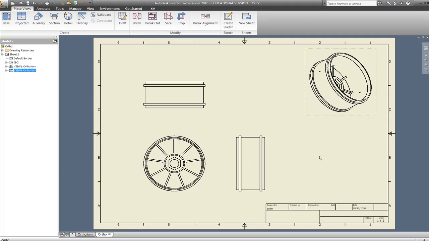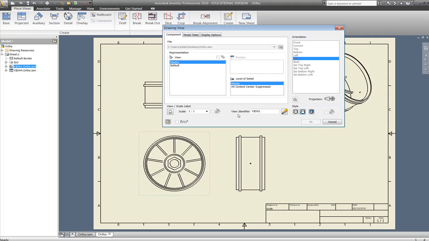I can change some properties of the views by hovering over them and double clicking, and up comes the drawing view dialog box. I could change the scale of this view from full size just now using the drop down menu to make it smaller or larger. I'm going to keep the full size scale for now. I could switch on the label by clicking the toggle label visibility button just here, and I'm going to give this view a name. We'll call it elevation,